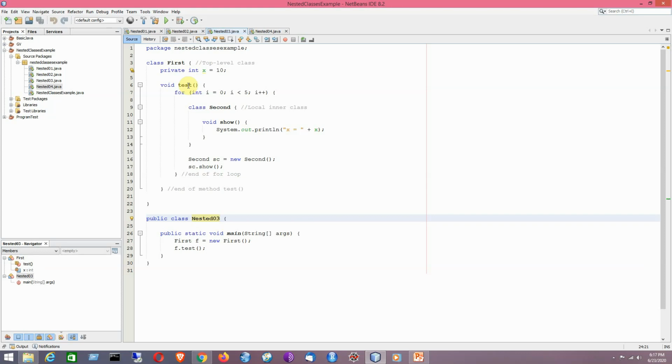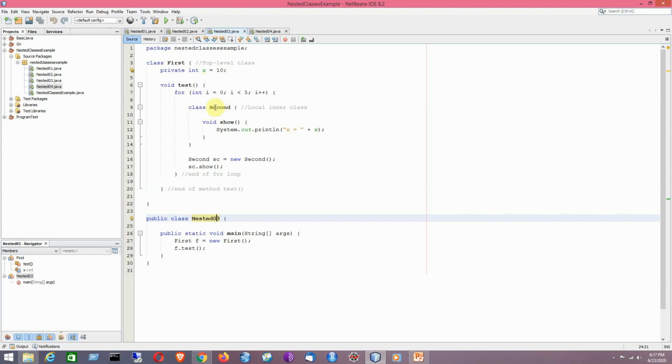Just to repeat once more: class fast is the top level class within which I have a private instance field of type int. Now we have an instance method test. Within this method I have got a loop. Within the loop I have defined the local inner class.